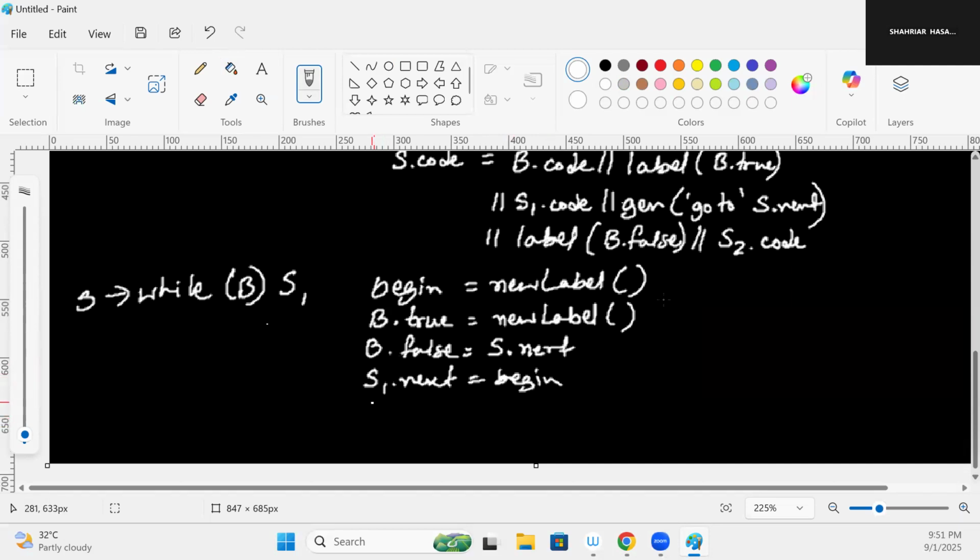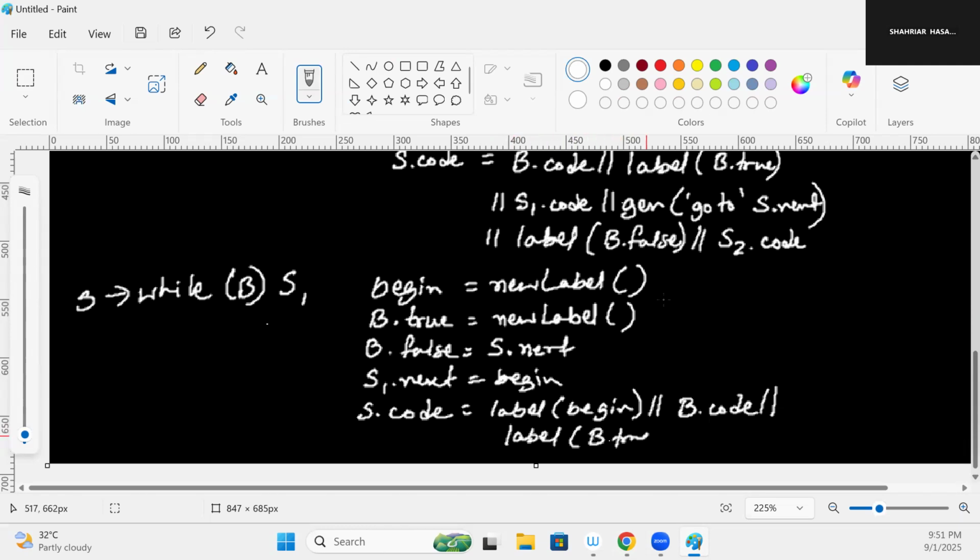Okay. Finally, we have now S dot code. Now, S dot code will be basically appending a label at the very beginning. So the label is basically what? The first label is begin. With that, we will be appending B dot code. To that, we will be appending the true label or the B dot true label. So label B dot true. Then we will have the S1 dot code,